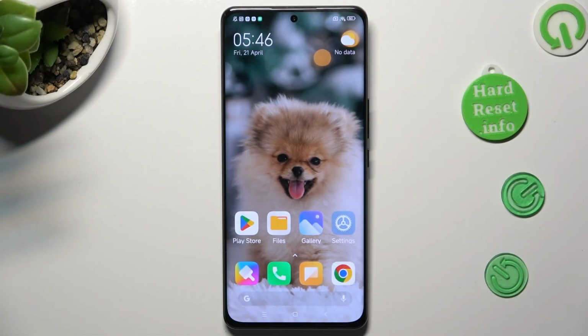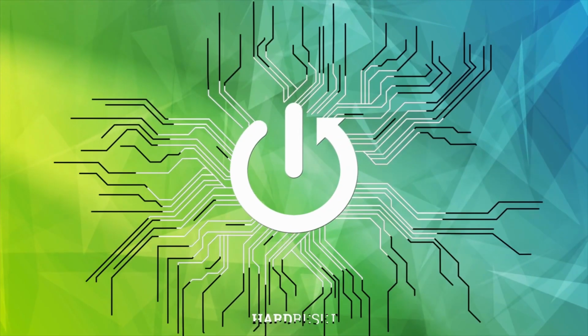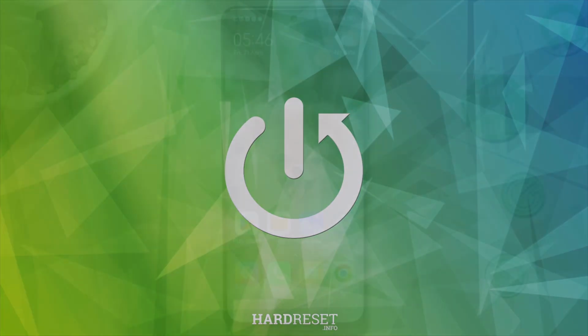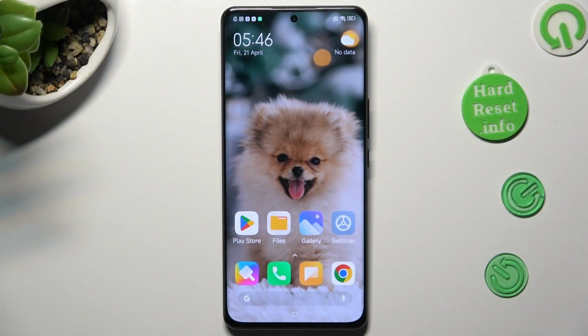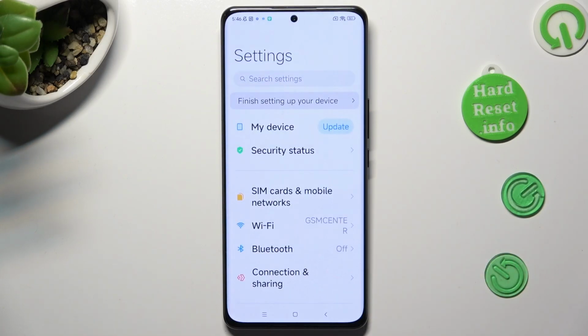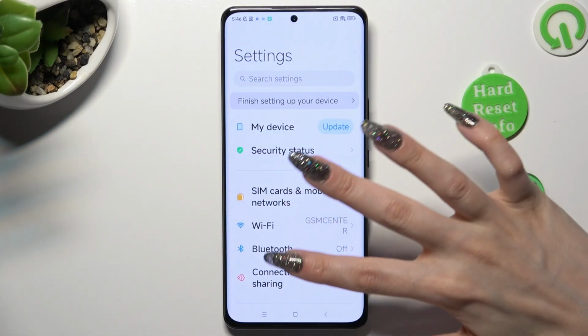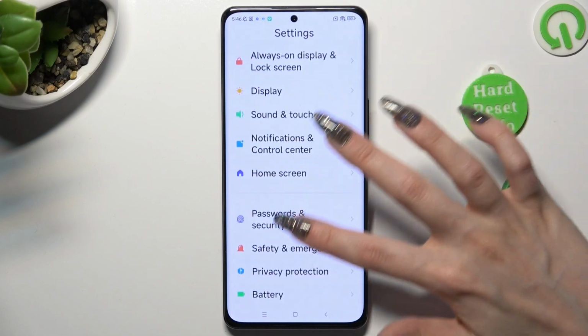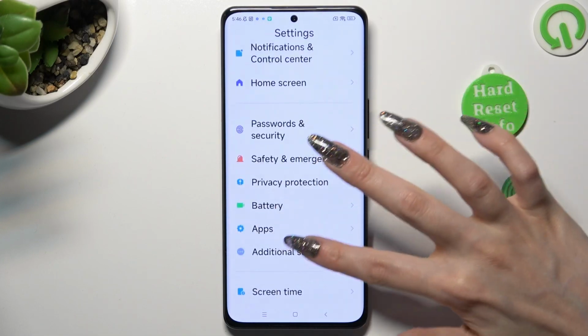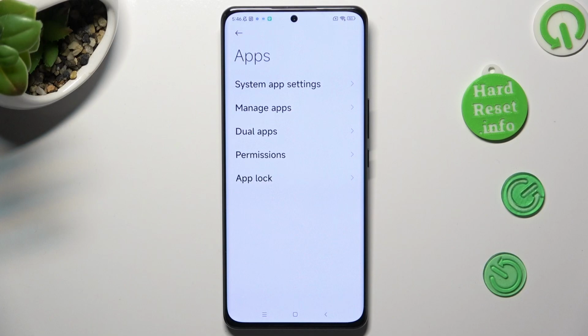In front of me is the XIAOMI 12S Ultra, and today I would like to show you how you can change default apps on this device. You need to begin by opening Device Settings. In them, scroll down to Apps. Now tap on Manage Apps